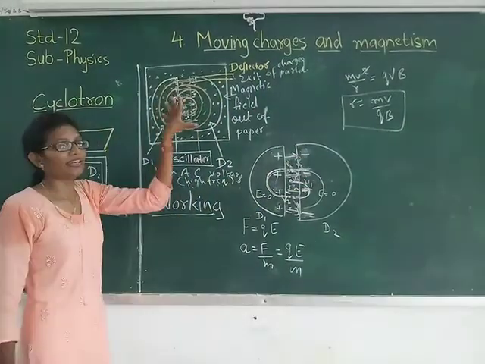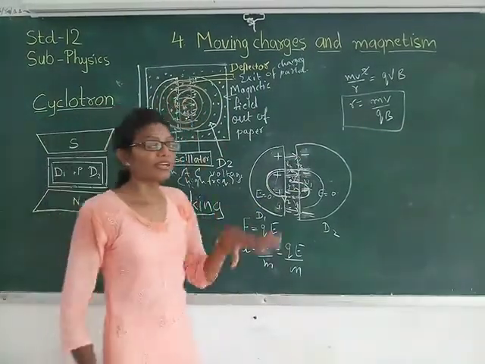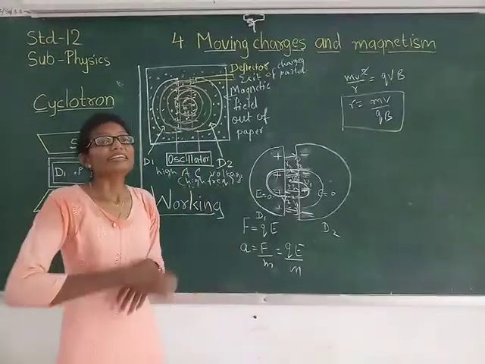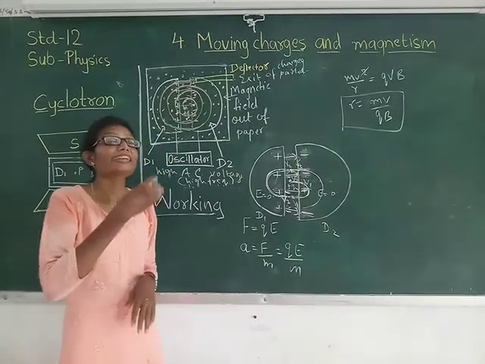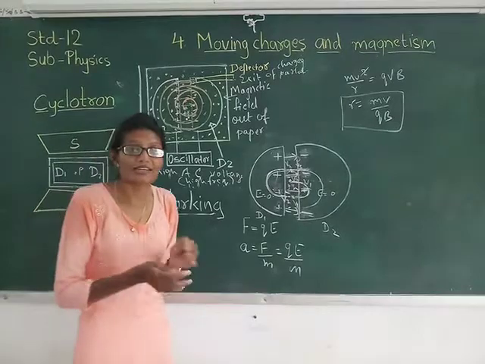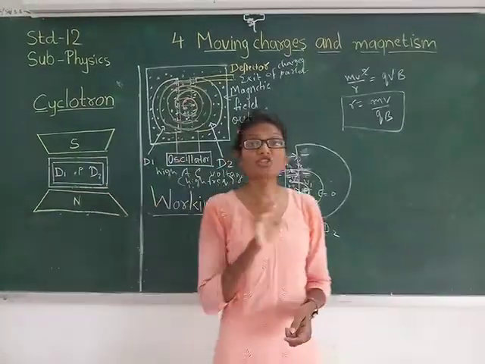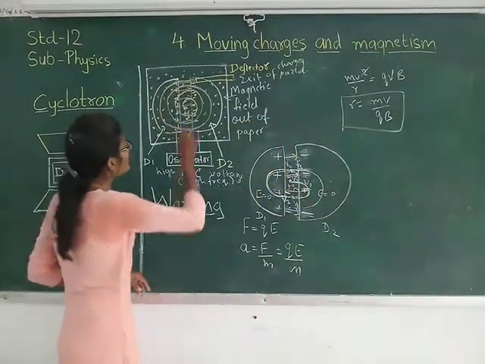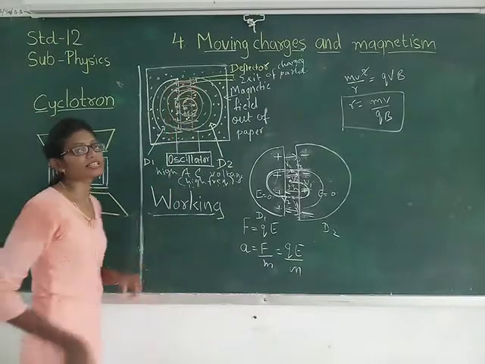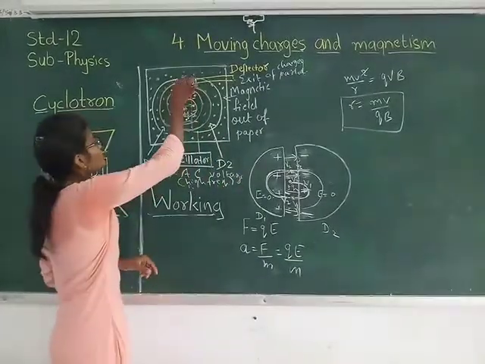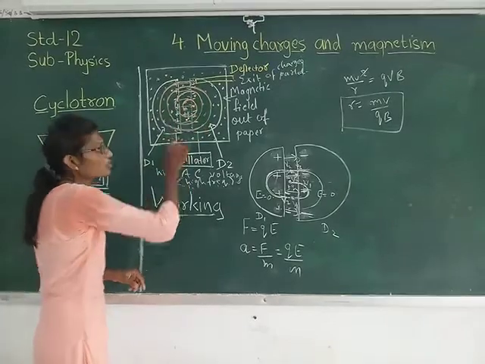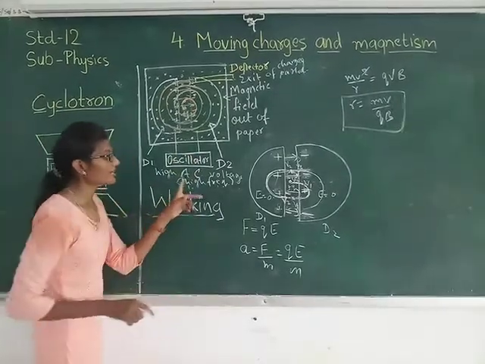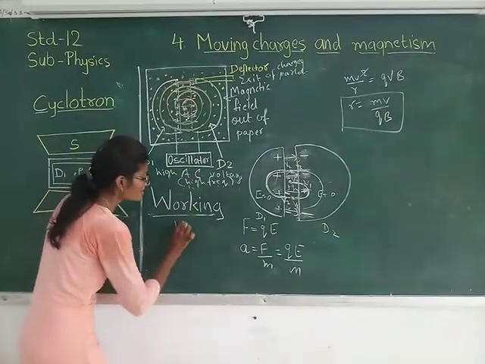So this arrangement is simply for what? This arrangement is to keep the charged particle for the maximum time so that it gets accelerated and can attain high energy. To attain high energy, it is necessary that the charged particle should remain in the electric field for a longer time, because here you can see that the distance between these two Ds is very small, right? So the electric field will be generated over here with this small displacement, and over here we can see that the AC voltage is very high, and we have already studied this equation.